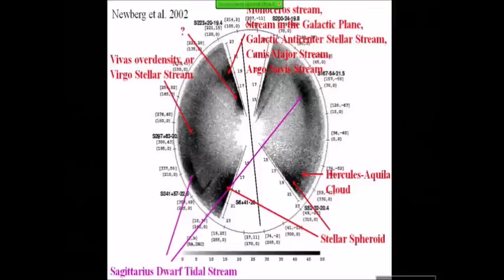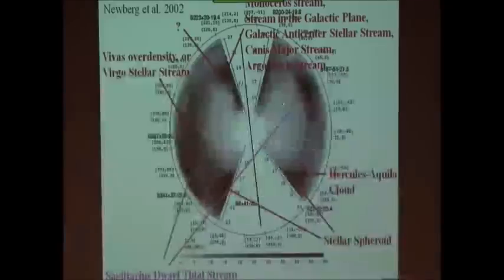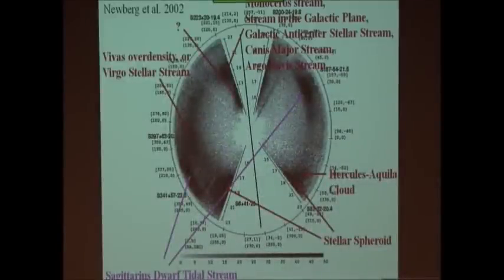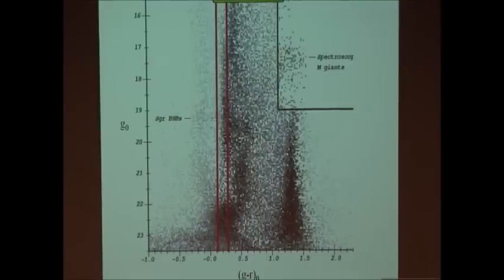So if I look towards this direction over here, and I make a Hess diagram, actually this is a subtracted one, you see that this is the Sagittarius dwarf galaxy. I'd say the ghost of Sagittarius. There's the horizontal branch, the giant branch, the turnoff, and blue stragglers, like you would see from Sagittarius. And what that lump is